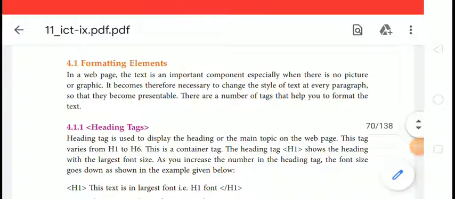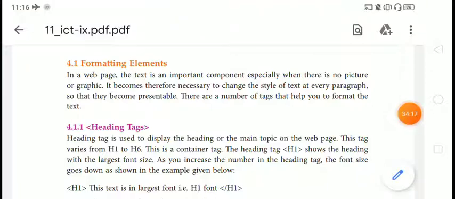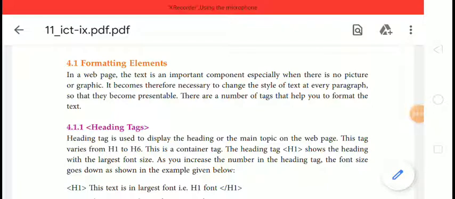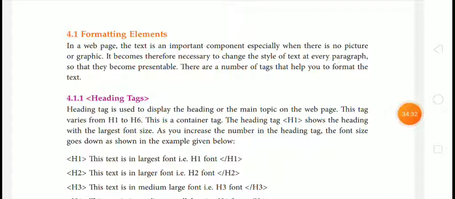Next is formatting elements. In a web page, the text is an important component, especially when there is no picture or graphics. It therefore becomes necessary to change the style of text at every paragraph so that they become presentable.